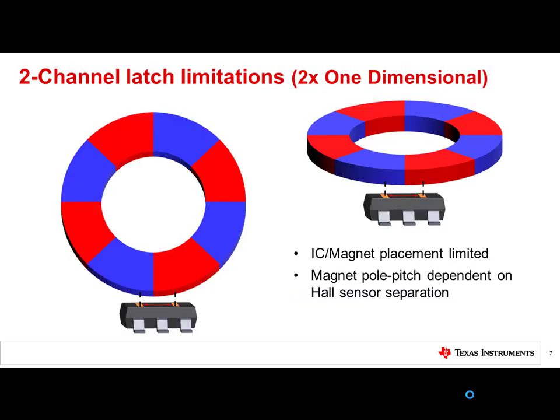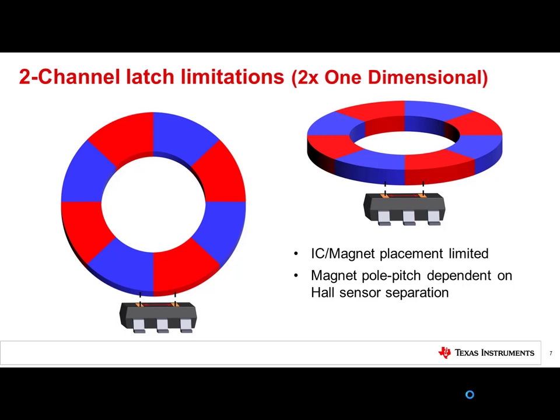The profusion of rotary encoding applications using 2 latches for best performance has created a market for a device that has 2 latches in a single chip. However, as discussed previously, the placement of the 2 latches is important relative to the count of magnetic poles in the ring magnet. An alternative to the 2-dimensional sensor is the 2-channel latch or dual latch that has both sensors